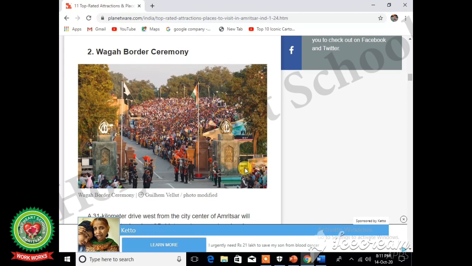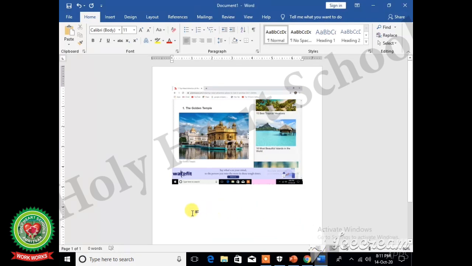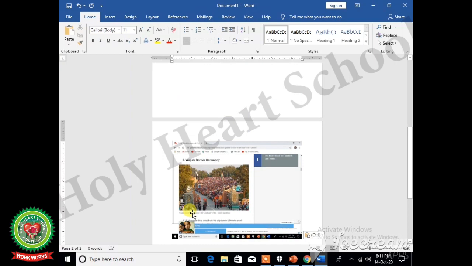Again press print screen key from the keyboard. Then click on Word icon from the taskbar and press Ctrl V key from the keyboard.